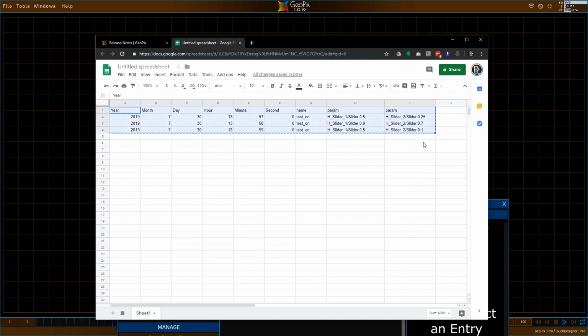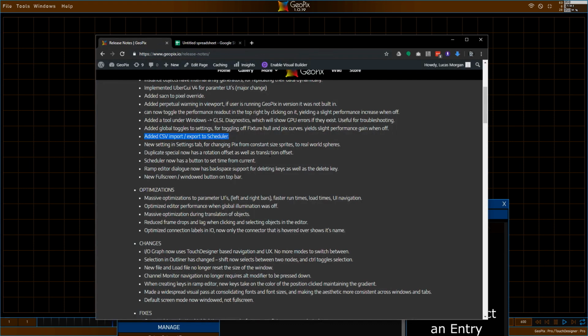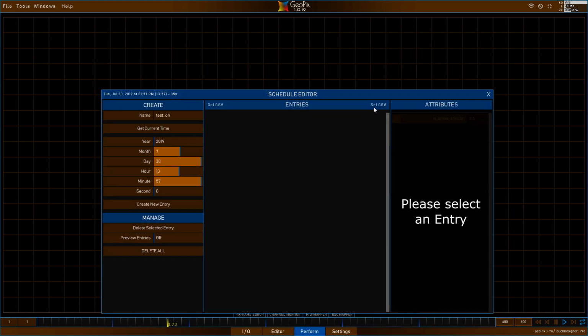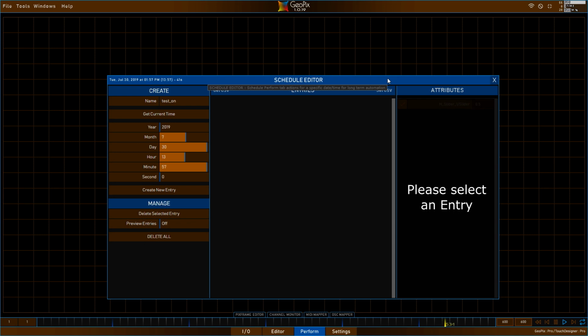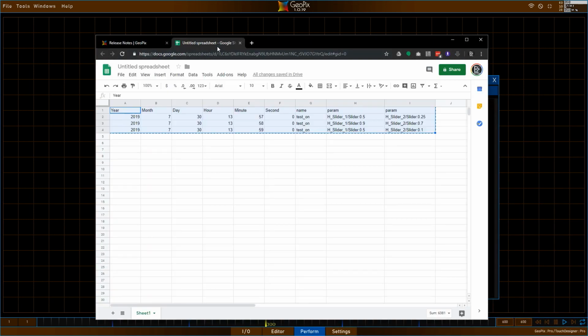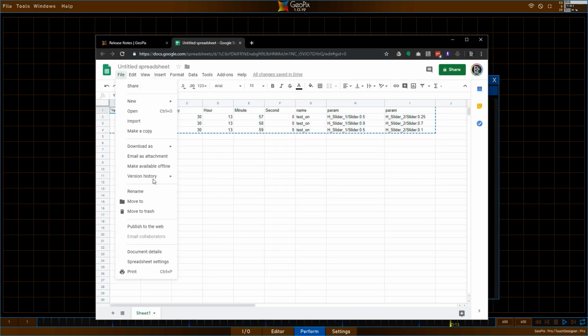When you're done with that, you can just copy that section, and basically just click set CSV, and oh, I'm sorry, it should paste it back, but of course this is not a CSV. This is actually still in spreadsheet format. So what you want to do is go up to File, download as CSV, comma separated,